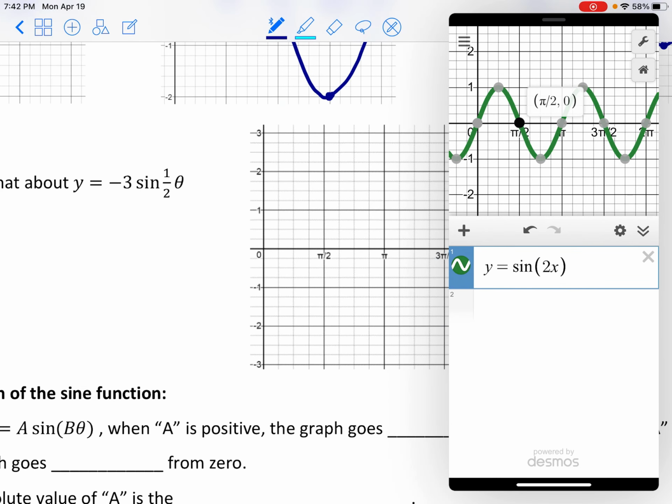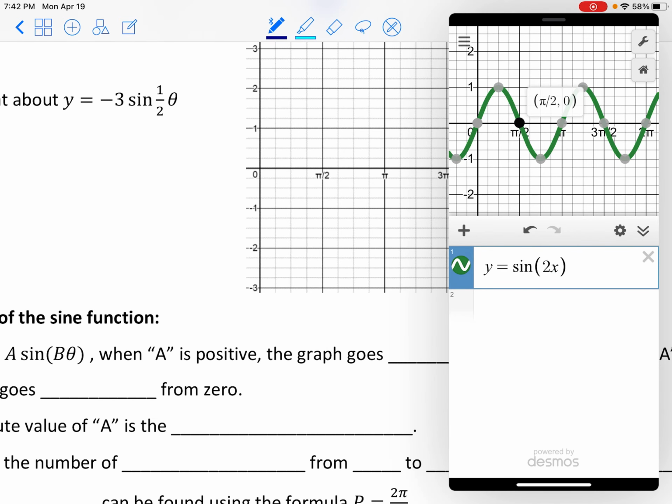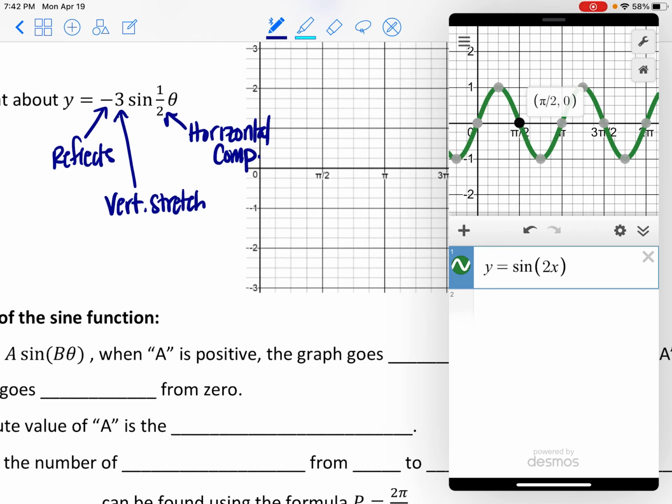And now this one is, what if we're looking at -3 sine of 1/2 x? Just based on what we've done, we know that this is going to make a reflection. So that's going to reflect it. And then I know that this 3 is going to affect the amplitude. So this is going to be a vertical stretch. Too much abbreviating, sorry. A vertical stretch. And I know that this is going to be a horizontal compression. I didn't want to abbreviate horizontal, sorry. But